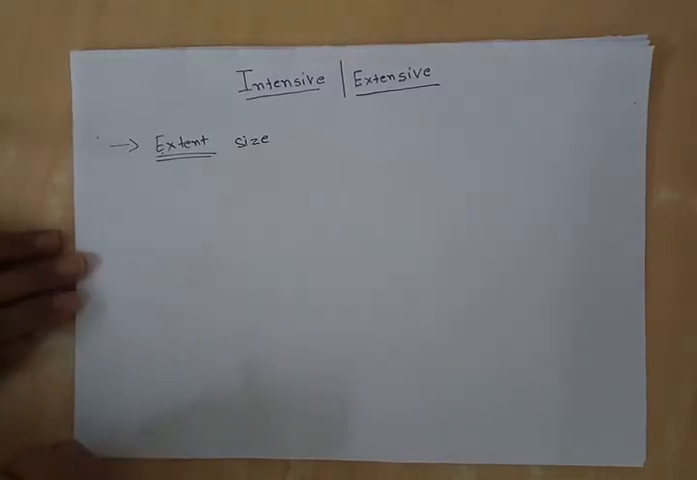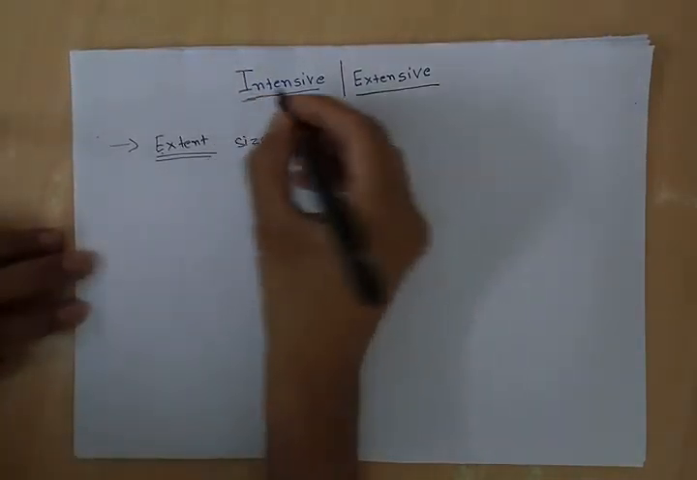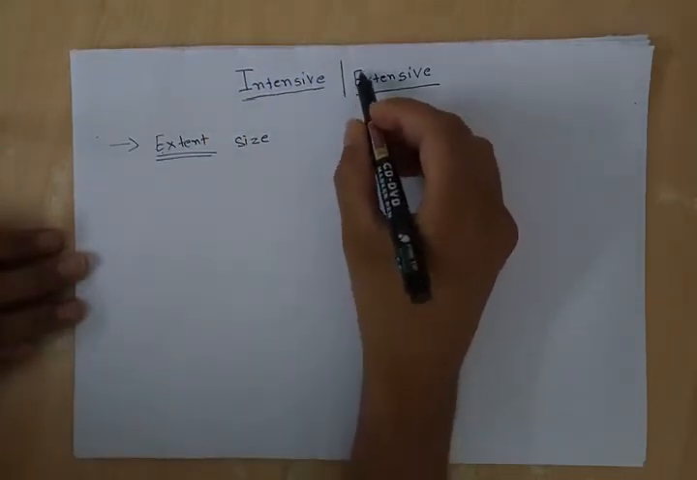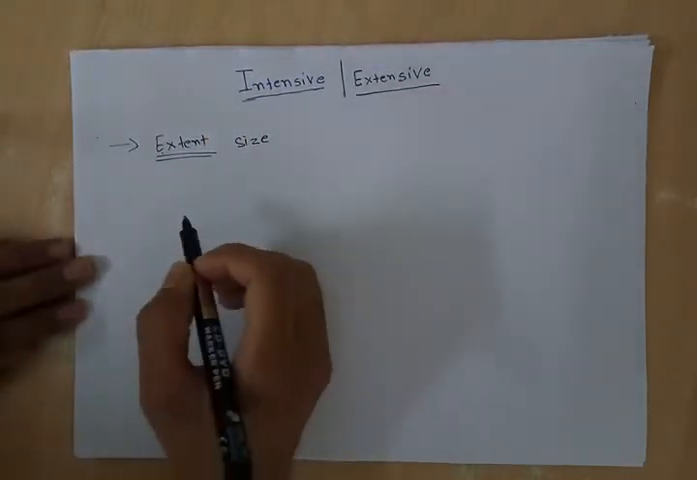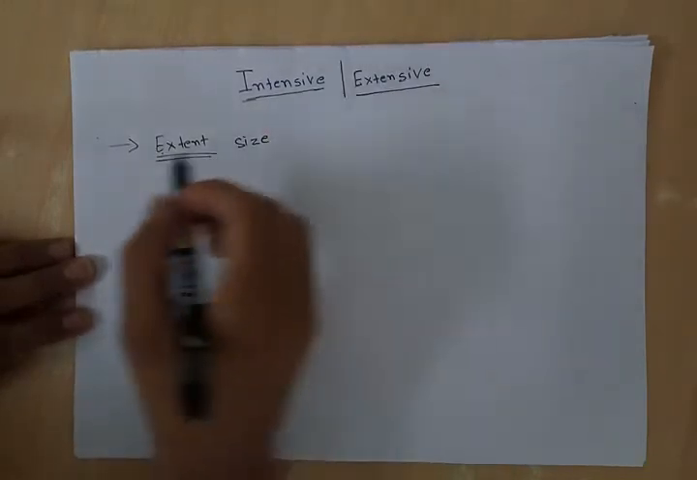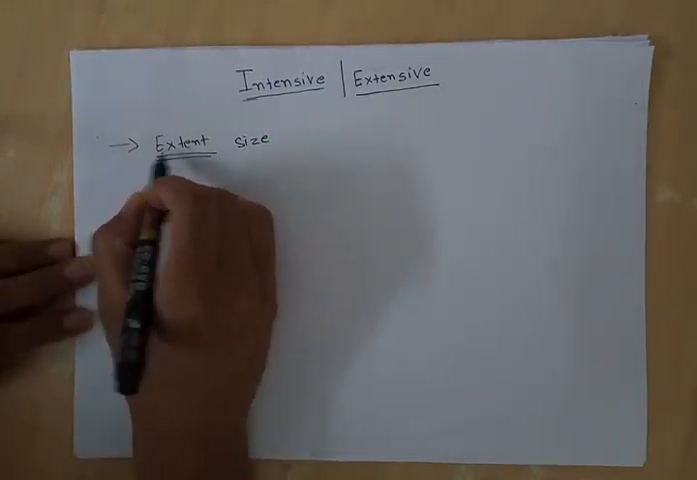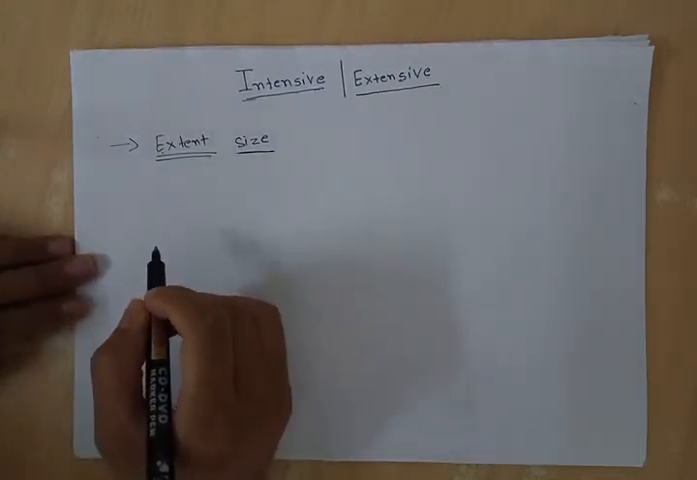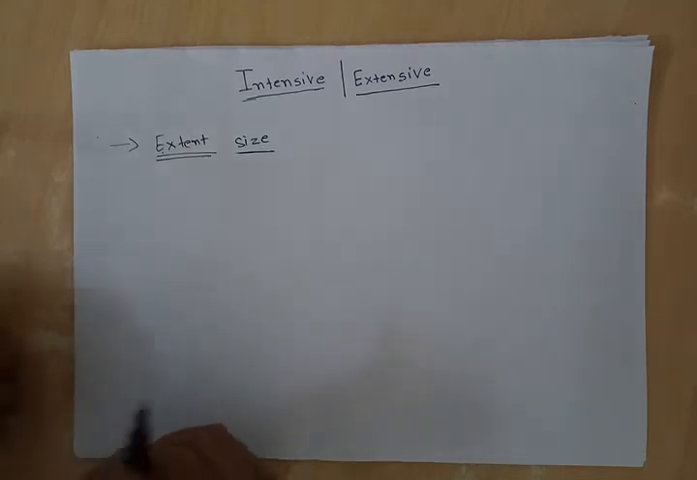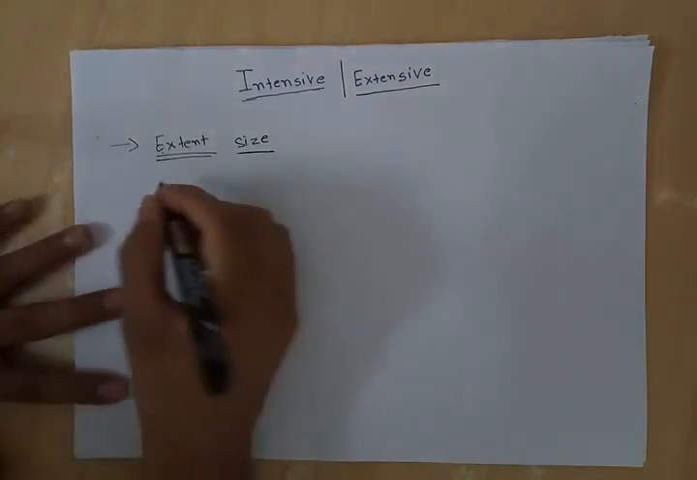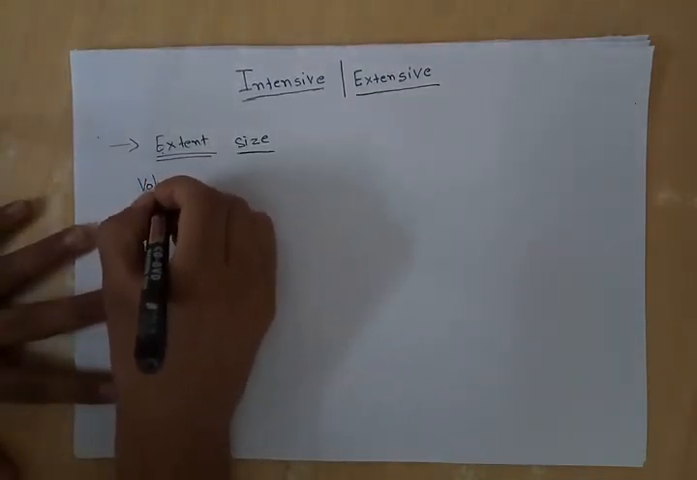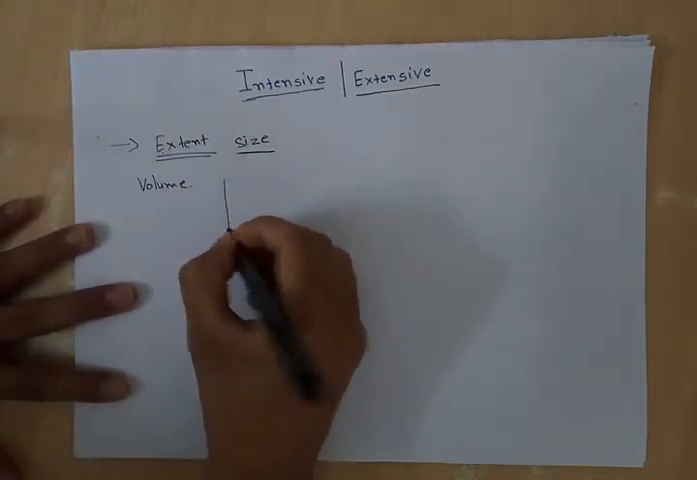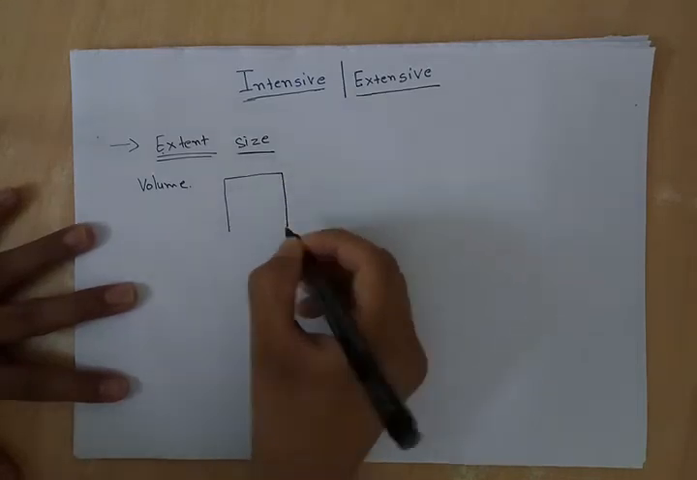In this video, we will study two different kinds of thermodynamic properties. One is intensive property and another is extensive property. Now, extensive property means it depends on the extent of the property. So it is dependent on what size the property is. For example, volume. Volume is an extensive property, because it is dependent on the size of the element,